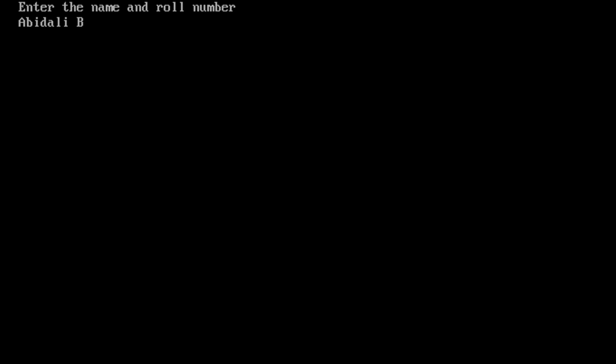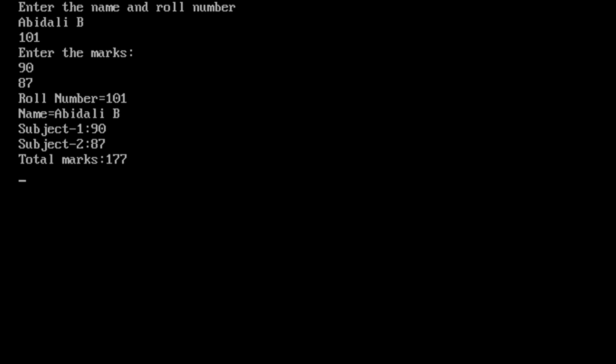Okay, this is my name, and the roll number I have is 101, and it will ask me to enter my marks. 90 and 87 are the marks. So I'll get the display on the output screen: roll number, name, subject 1 marks, subject 2 marks, and the total. This is the program that is related to inheritance.